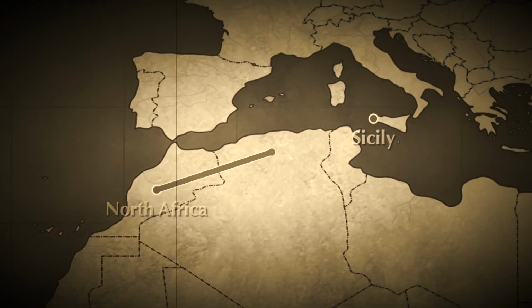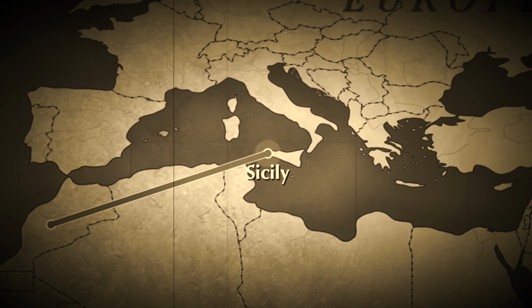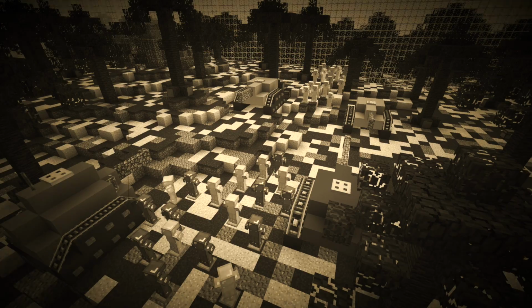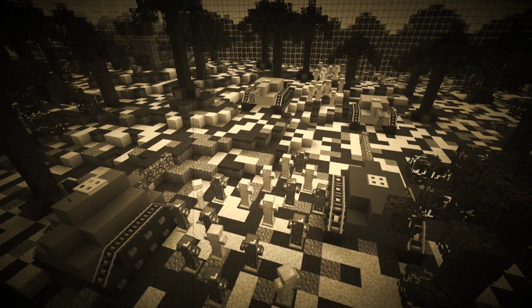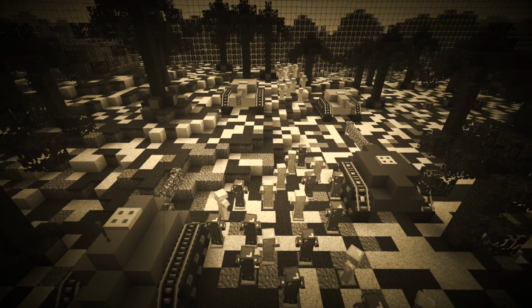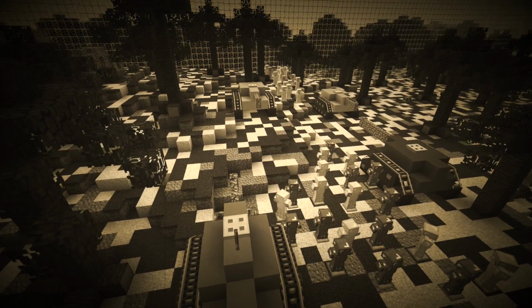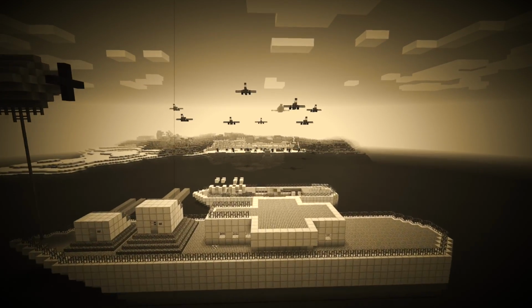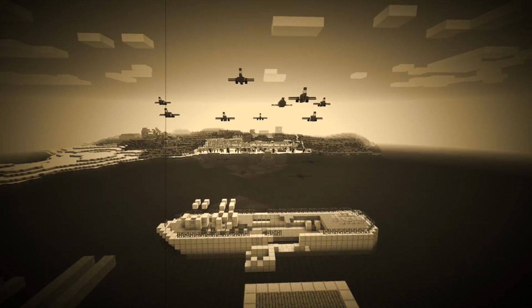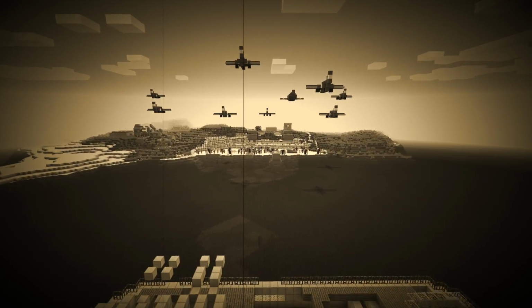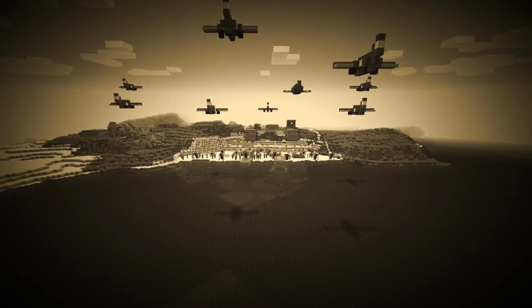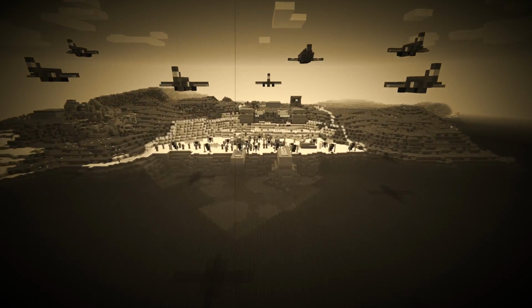The starting of this invasion took place in July of 1943 in Sicily, Italy. After about 5 months, the Allies were finally able to break into the Italian mainland and take control. The next target was France. On June 6, 1944, thousands of Allied troops stormed the region of France known as Normandy, a monumental point of the war now known as D-Day. Because of the sheer size of the invasion, Germany had no choice but to fall back.